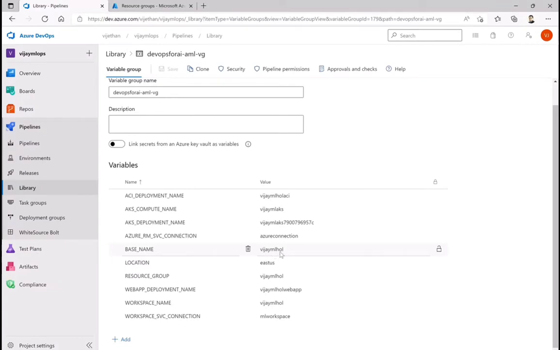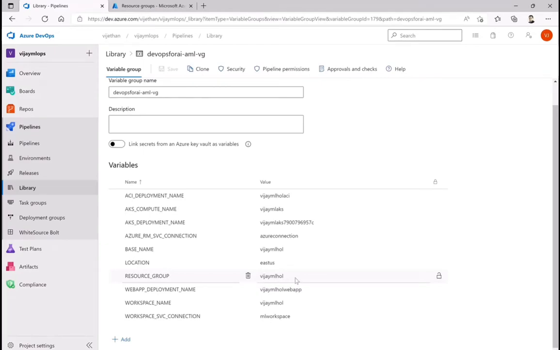This is the name which I have given. Keep it short and unique so that it is relevant only to you. Just change the name from widget to your name. That should be more than sufficient. The service connection is okay, you can keep it the same. Similarly for your AKS or deployment names, you can change them accordingly. The cluster deployment name we will get once we create the AKS cluster. Location, you can select; resource group name, whatever you want to create, give a name which is